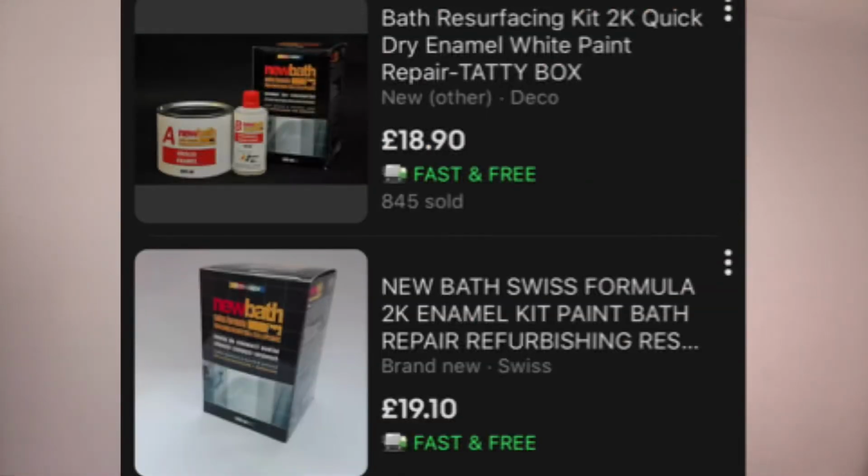And now finally, number one on our list is to reglaze the bathroom. If you don't want to go out and completely redo the bathroom, relay all new tiles and get new appliances and all that kind of stuff, but your tiles are starting to look a little bit worse for wear, and there's black grout lines all over the bathroom from where the water's gone a little bit mouldy, and the tub is starting to look a little bit scuffed and scraped, you can really easily and really cheaply go and buy